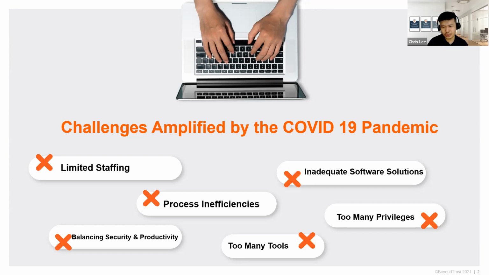And this is also a big challenge to all these organizations when it comes to consolidating all this process, right? So we're also going to talk about software solutions that are not being implemented in an enterprise manner, meaning a lot of organizations, to support this entire process, are using different kinds of tools. There are many support tools out there, and each of those support tools is meant for solving only one process or one challenge. And how do we link all these processes together in order to help with support efficiency? And also we talk about security and productivity.